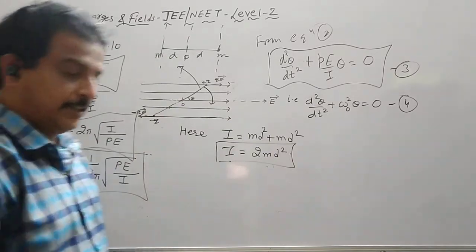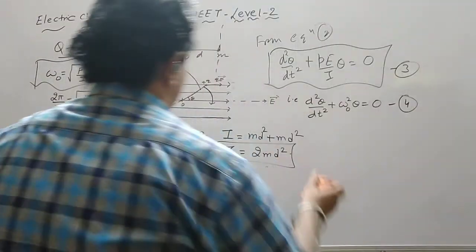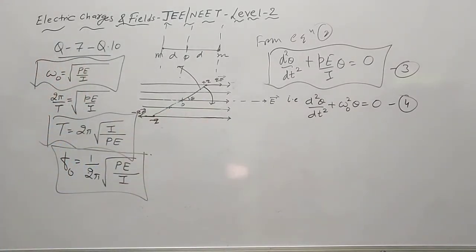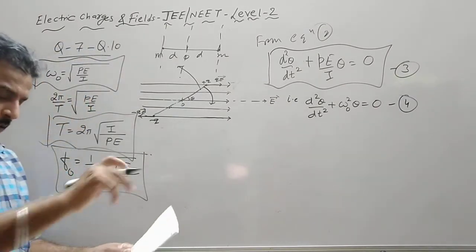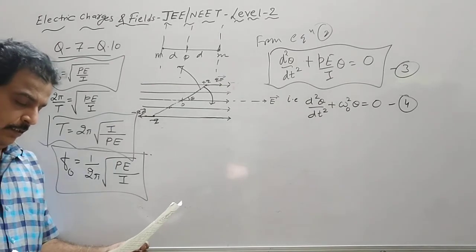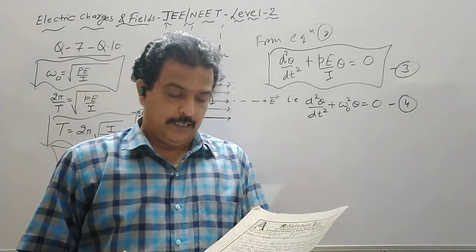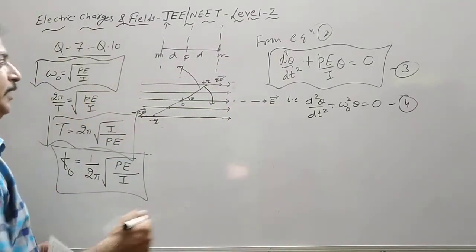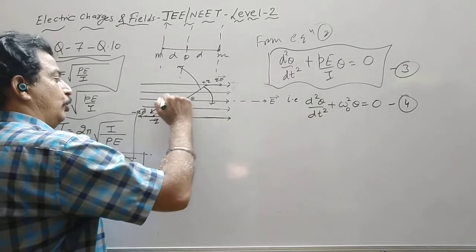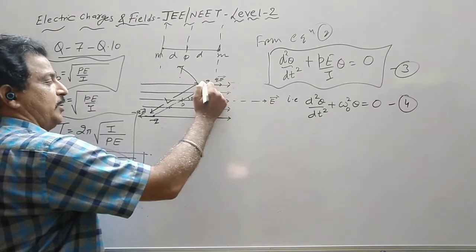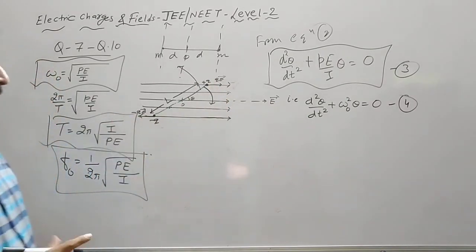Now let us discuss our MCQ. Then we will substitute these values also. In our question, it is given that the rod is of length L. So here the question is given in terms of a rod. This is a rod of length L. And here the mass is m, charge is plus q, mass is m and charge is minus q.